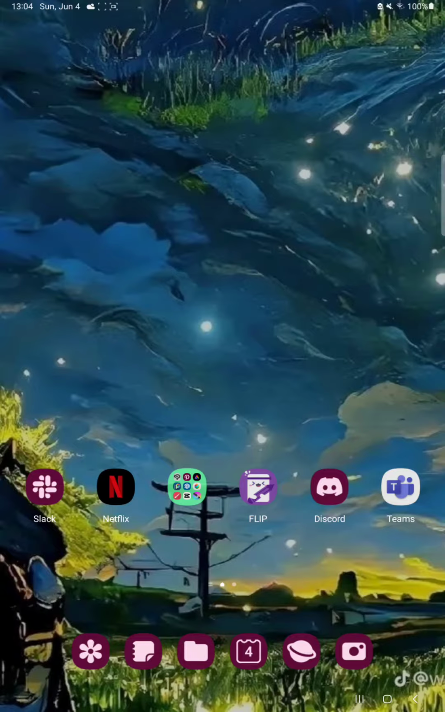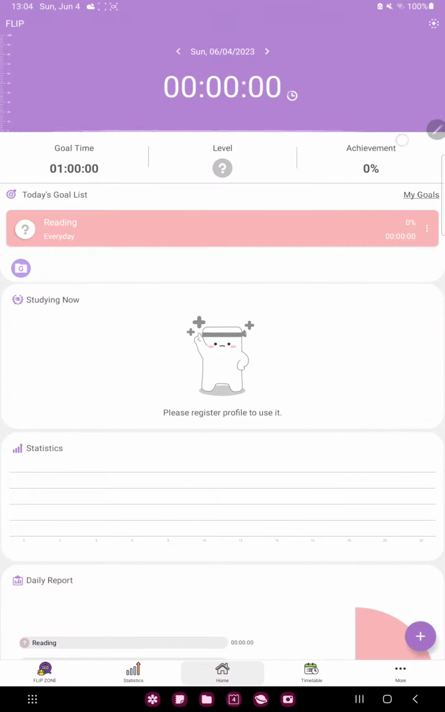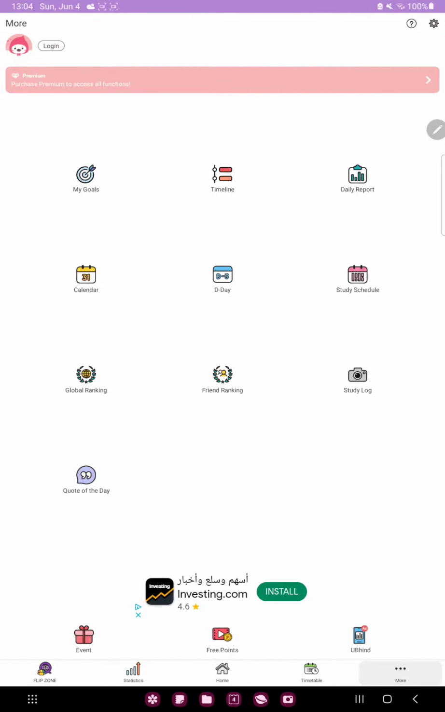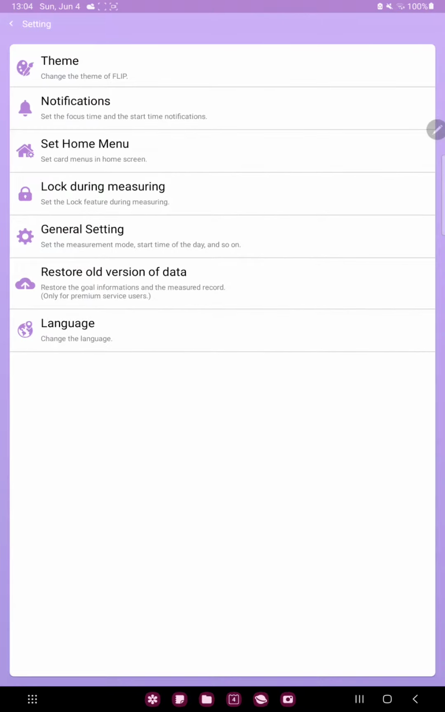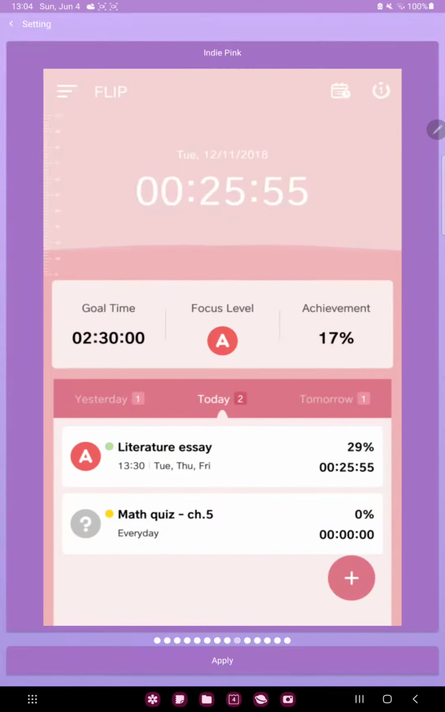First of all, open the application on your device. Tap the More button at the lower right corner of the screen and go to the Settings icon at the upper right corner, and here click the first option, the theme. Here you can select different themes: purple, pink, indie pink, blue, and